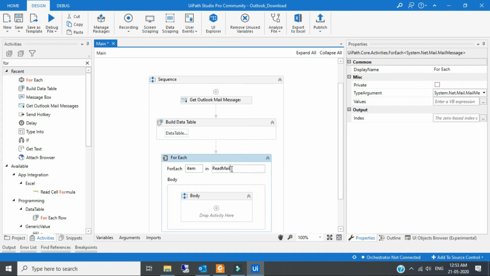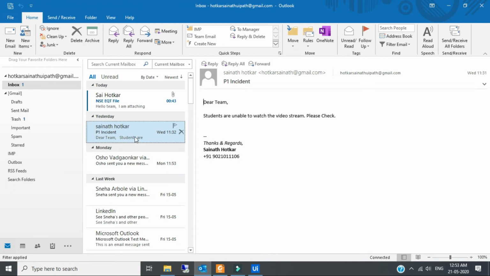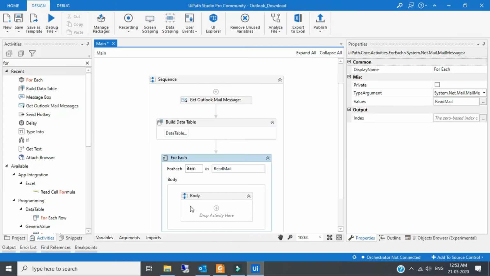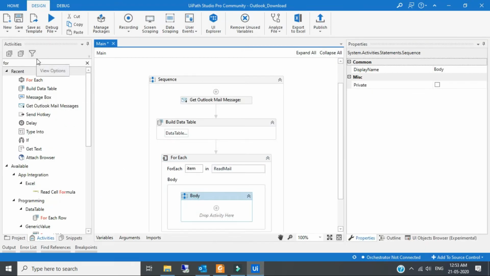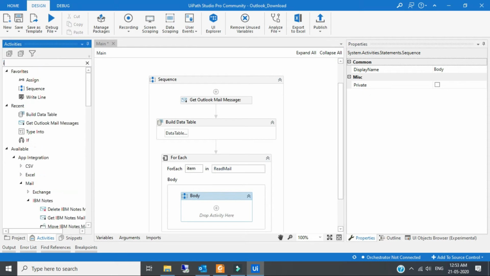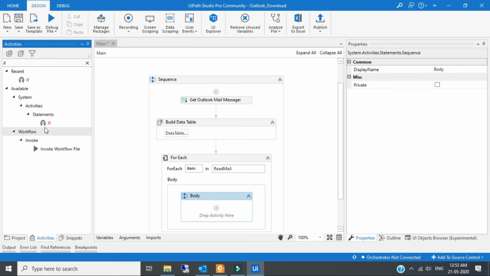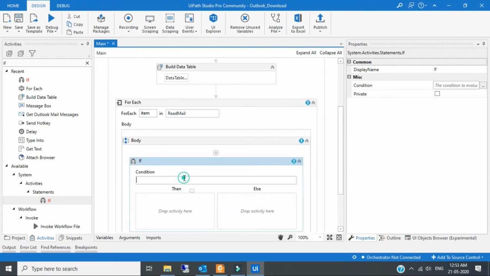Now the first condition is that we have to check in the subject line whether NSE equity file is present or not. For that we have to take a condition. We have the If and Else option, so I will take the If Else activity. I have to check that the particular subject contains NSE equity file.